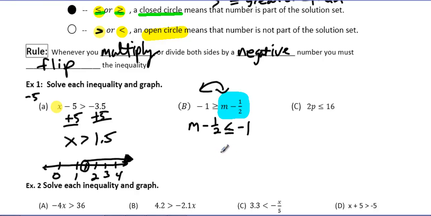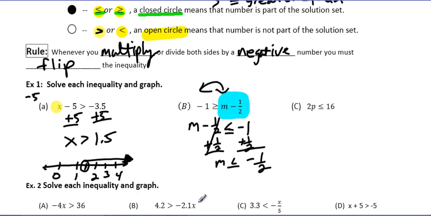And I'm not allowed to do that. I'm rewriting it so that my variable's on the left. It makes it easier to read an inequality. Okay, so from here, I again ask myself the same question, what's being done to the variable? I'm subtracting a half, so the opposite would be to add a half. Whatever I do to one side, I do to the other side, and I have solved my inequality